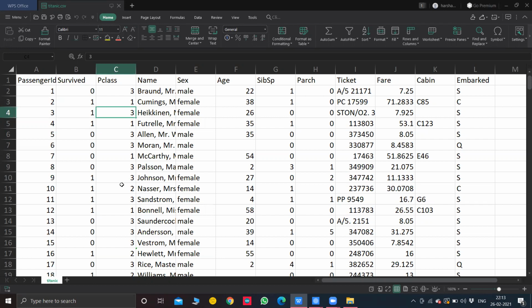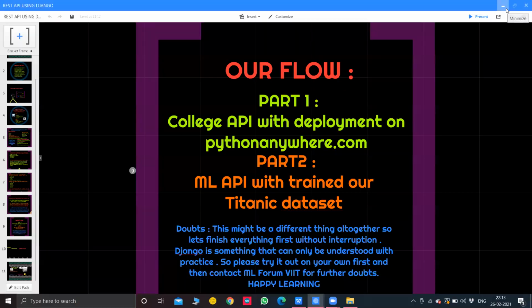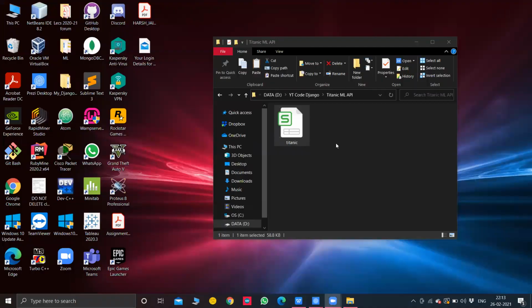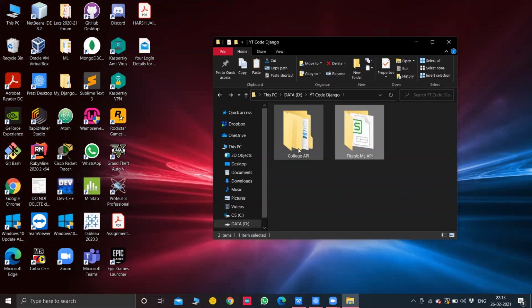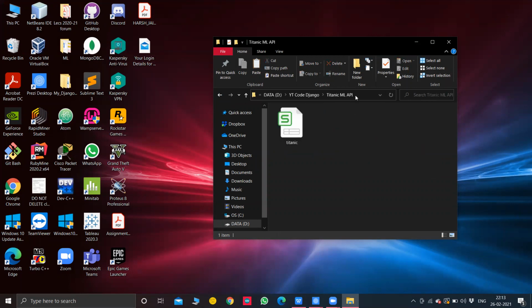So we'll start by creating a Django project first. We did that easily before. I showed you how to do it. So I've made a separate folder for the Titanic machine learning API. I'll open CMD here.